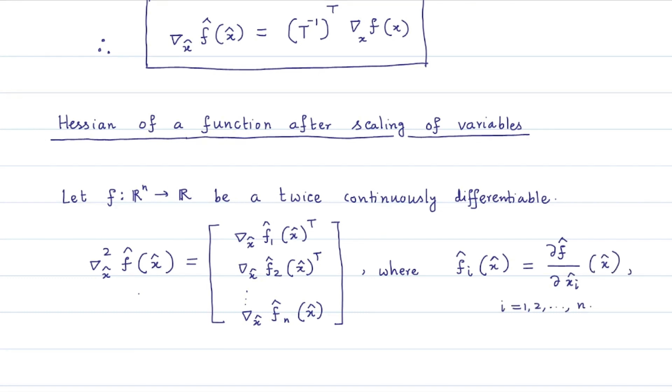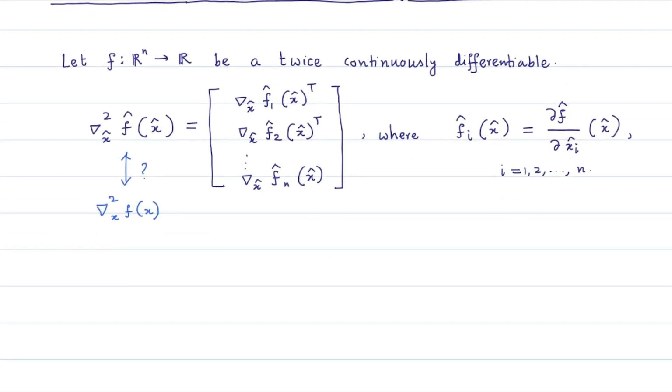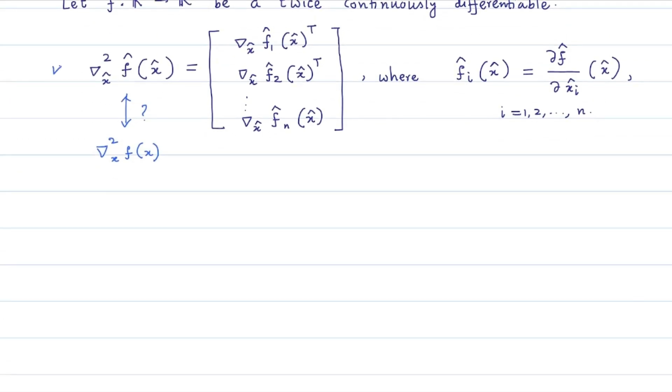So in computing the relationship between the Hessian of the function f in the space of x hat and in the space of x, we need to compute the relationship between the components in this Hessian matrix with the components in this Hessian matrix. That is, neatly we need to find the relationship between the ith row of the Hessian matrix with respect to x hat, that is the gradient with respect to x hat of the function f i hat,